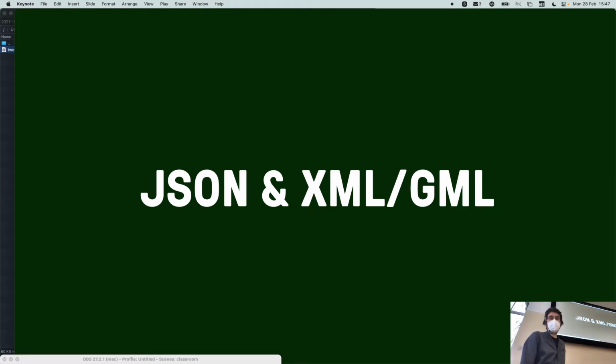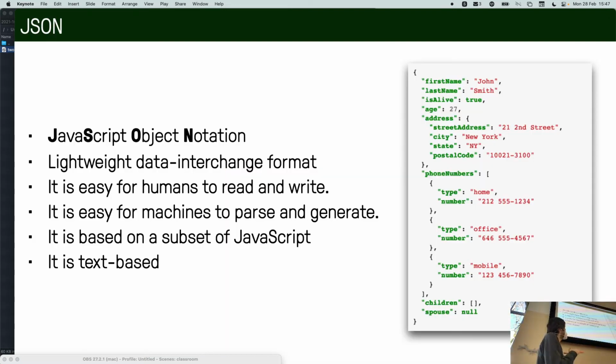There are a few things that you should know, especially JSON. This is what you're going to be using right now. So JSON means JavaScript Object Notation. A lot of people think that JavaScript is linked to Java. It's not. Java and JavaScript are two different things. JavaScript is the language of the web, more or less. And JSON started with JavaScript object notation, to exchange information on the web. But now it's got nothing to do with the web anymore per se.